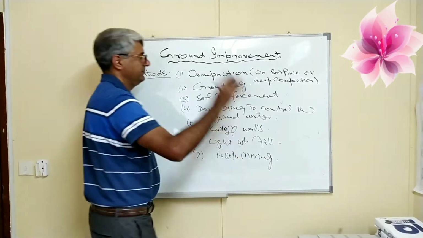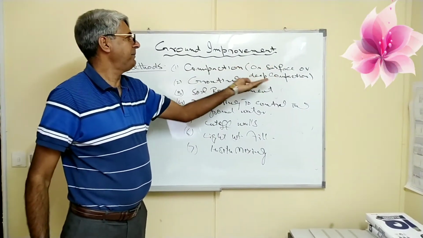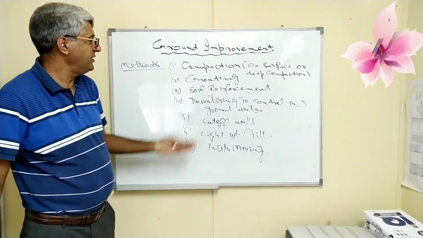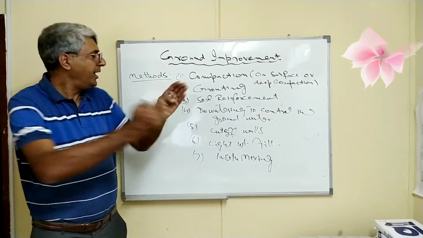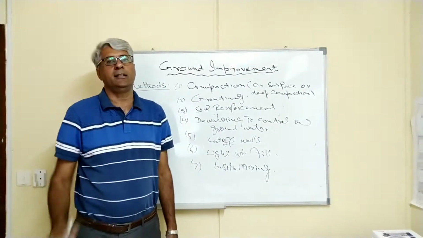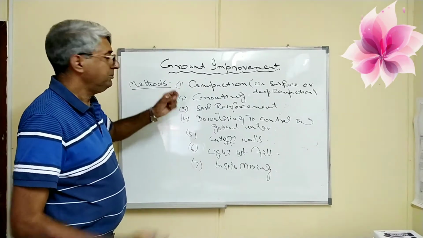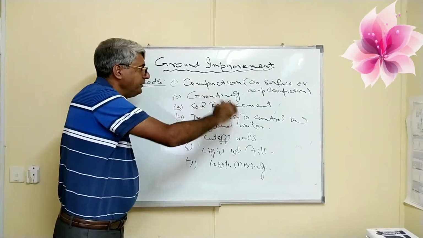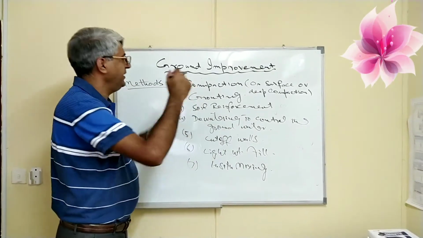Although I have written 7 methods over here, like our compaction, it has surface compaction and deep compaction, similarly grouting, soil reinforcement falling into 3-4 categories, dewatering falling into 3-4 categories, then lightweight fill, then in situ mixing. So all these categories, when we explain them further, have their further categories. Now let me tell you one thing. Although I have written these 7 methods over here, we can use all of these methods separately for the ground improvement. First thing. Second, I can combine them.